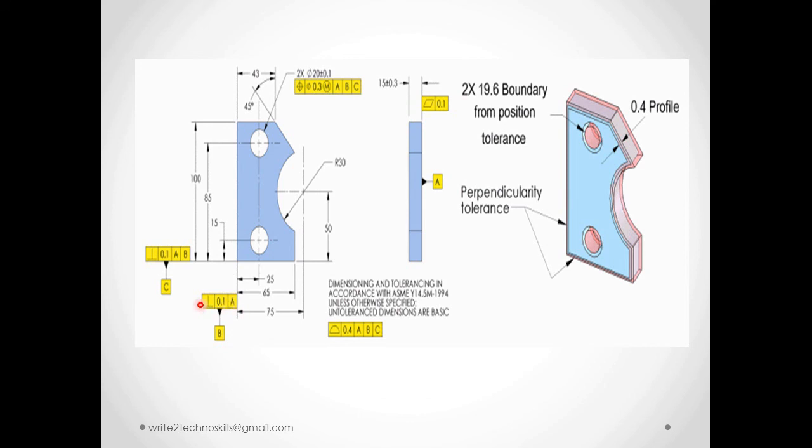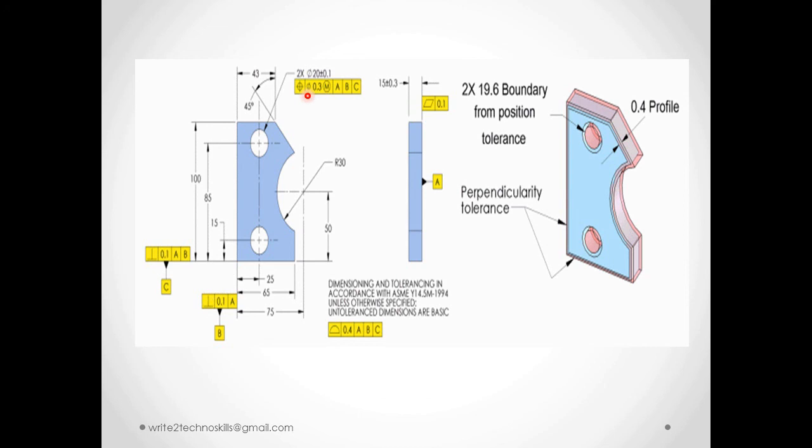But next we'll see the orientation tolerance, that is perpendicularity within the tolerance of 0.1 with respect to datum A. It corresponds to the rear plane, that is this plane. So we need to find out the perpendicularity between this plane and this bottom plane, as well as this plane. That is the GD&T instruction mentioned in this control frame.